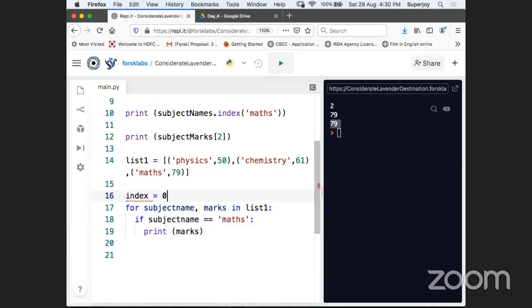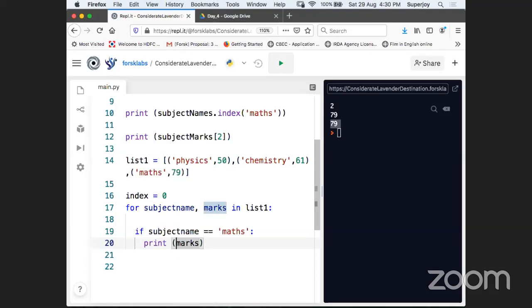Can you do something like that? Initially our index is 0, so we take one variable here, starting from index 0. And here I can print the index as well.